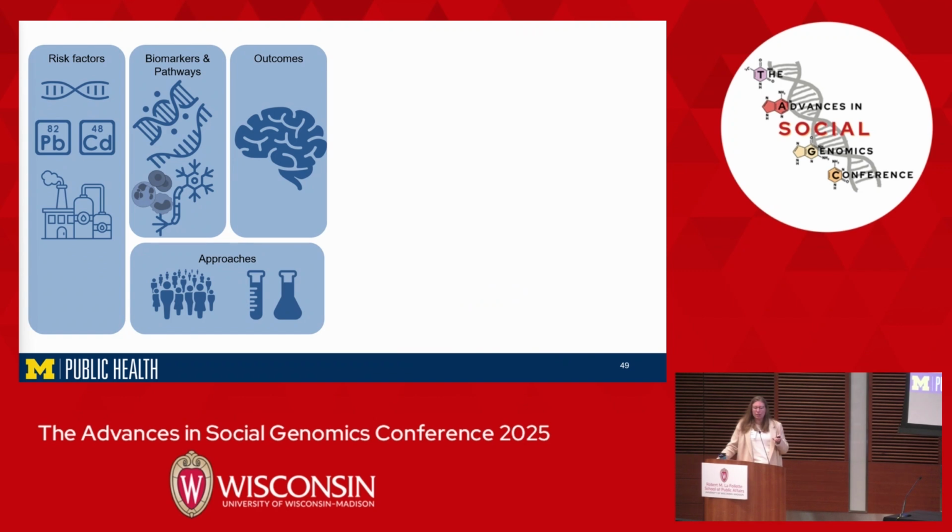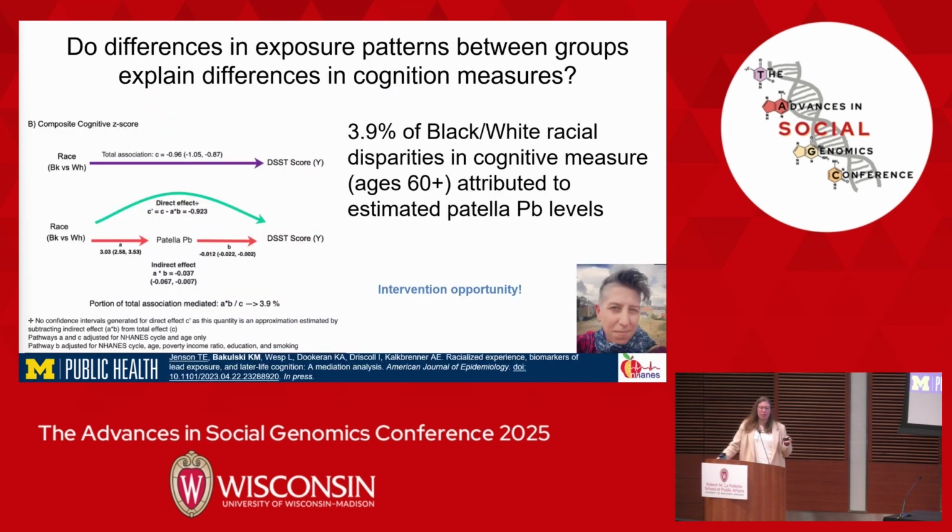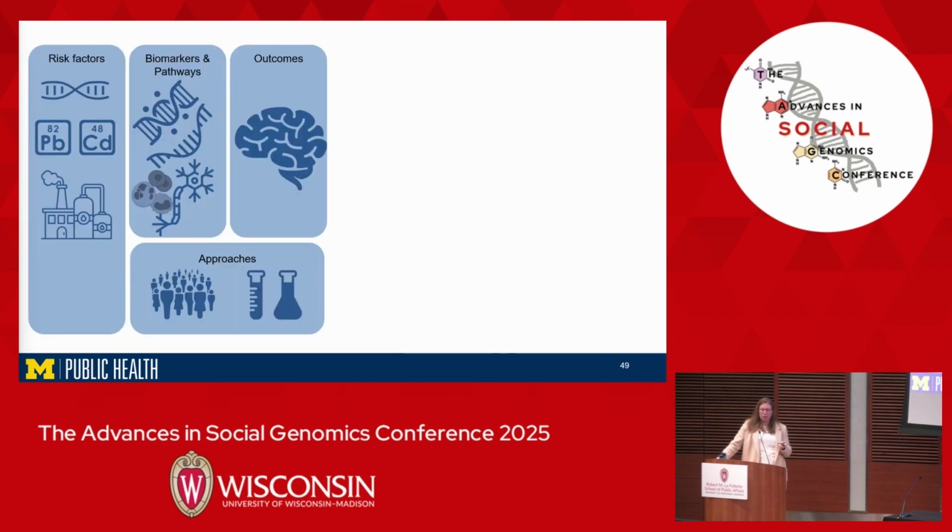So this gives us an opportunity to think about interventions. What kind of actions could we do to reduce some of these social harms? Maybe one of them might be through targeting some of these neurotoxic chemical exposure pathways. In these last couple slides, I want to show you some additional ways that we were trying to link social